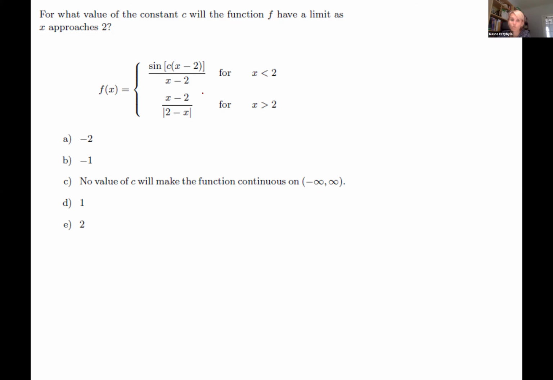Okay, and we know that the limit exists if both of them, the left and the right-hand side limit, are the same. Yeah, that means the same. If they are the same, we may have continuity. However, this function is maybe not easy for continuity because the first piece is not defined at 2, and the second is not defined at 2. And we don't have this middle part like we had in the previous question. That means probably at 2,